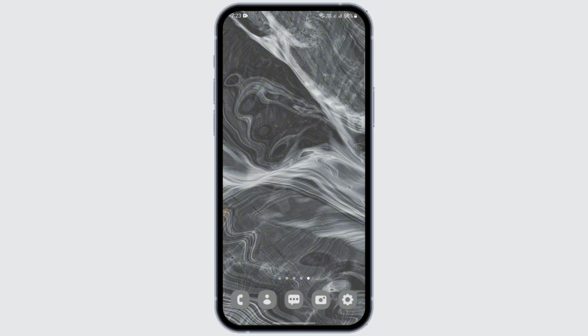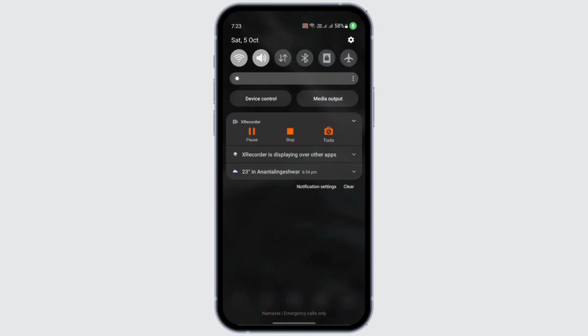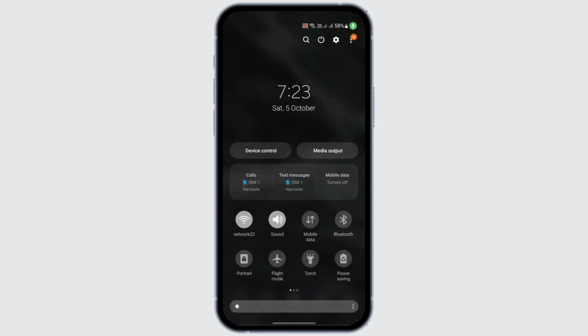So let's begin. The very first thing, I want you to just scroll down your phone or just go to your settings and turn on the flight mode for about 10 seconds. After turning it on, I want you to turn it off after 10 seconds and see if this fixes your issue or not. If that doesn't fix your issue, just go to your Wi-Fi